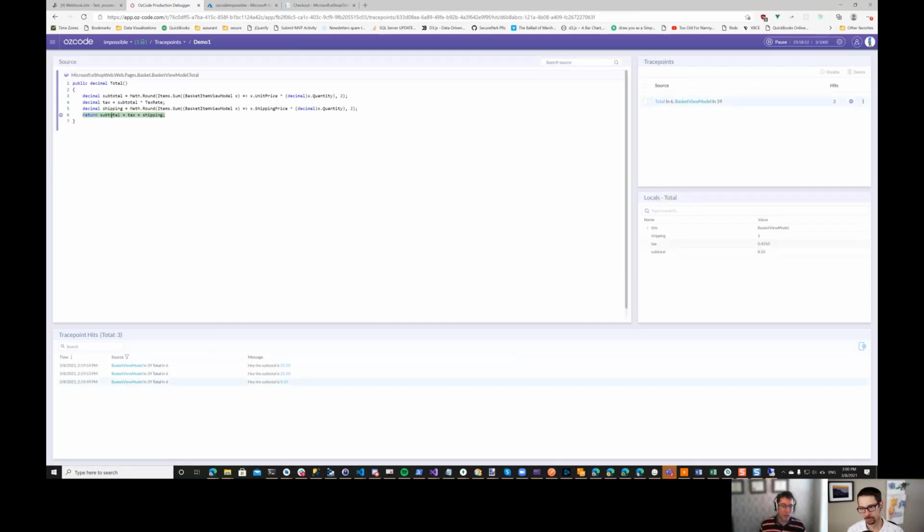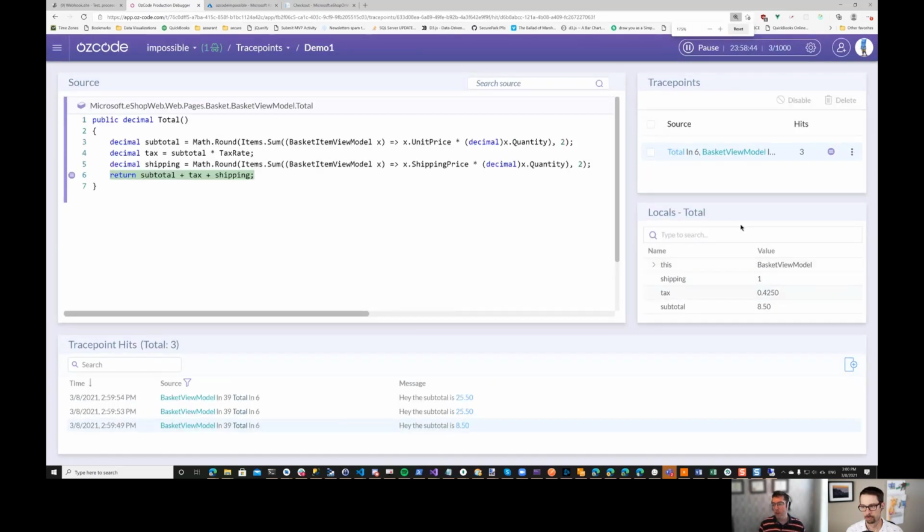So I can see, hey, this is what my subtotal is. This is what my tax is. So I surface just those individual little pieces in my message. But if you look over here, I'm going to zoom in a little bit because it's hard to see. You can see what the local variables are. So I can see that, hey, my shipping is 1, my tax is 42.5 cents, and my subtotal is say 50,